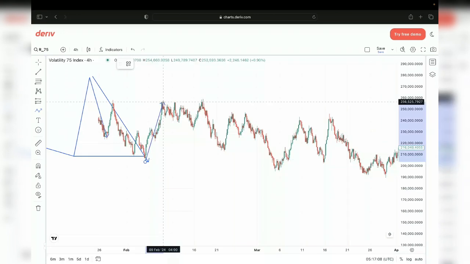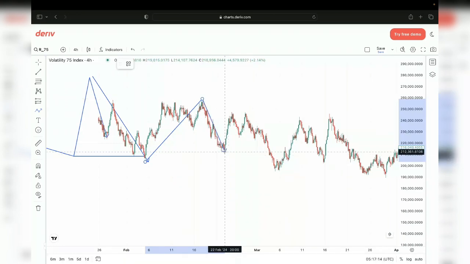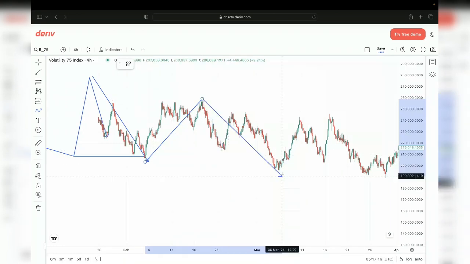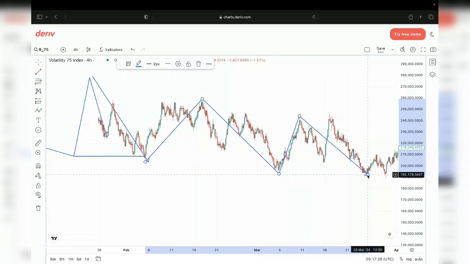this, which is higher. One, this did not break structure, it did not take out the previous low. This took out the previous low. So one, this did not break structure, it did not take out the previous low. What about this? Did it take it out with the body of the candle? Yes. Two,